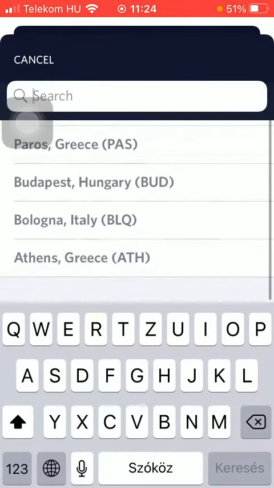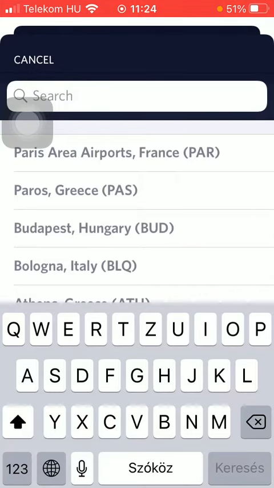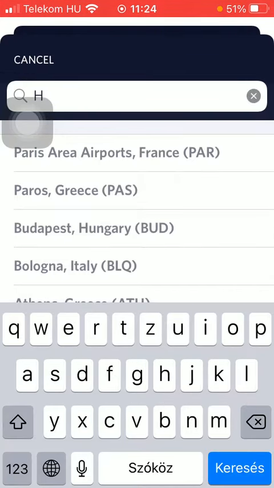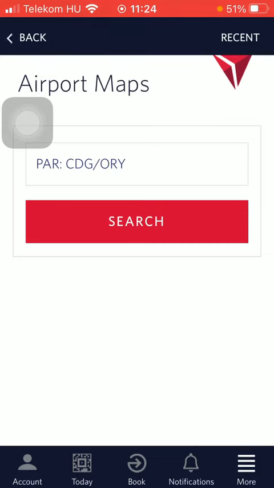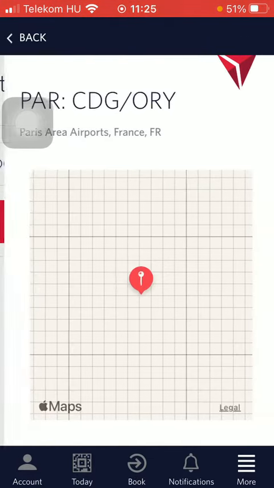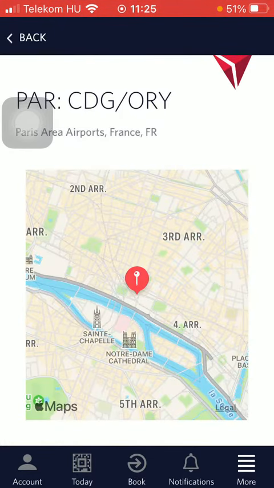Here you can find your recent searches, but you can type in a new one if you want to. Into the search bar, tap on it and click on the search button. And here you will be able to find the relevant map. If you tap on it, you will be directed to